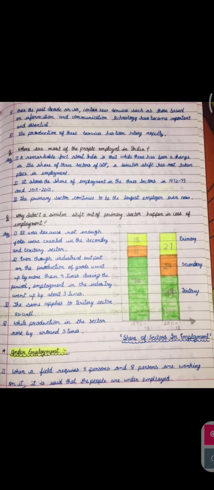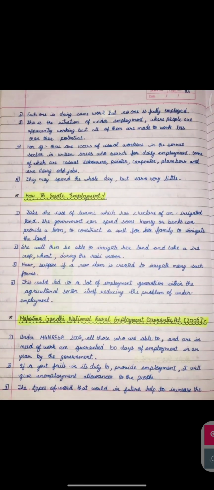Next topic is underemployment. When a field requires 5 persons and 8 persons are working on it, it is said that people are underemployed. Each one is doing the same work but no one is fully employed. This is the situation of the underemployed, where people are apparently working but all of them are made to work less